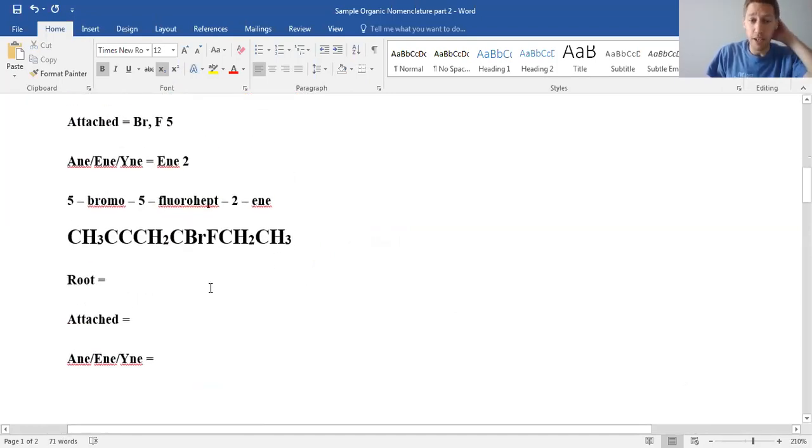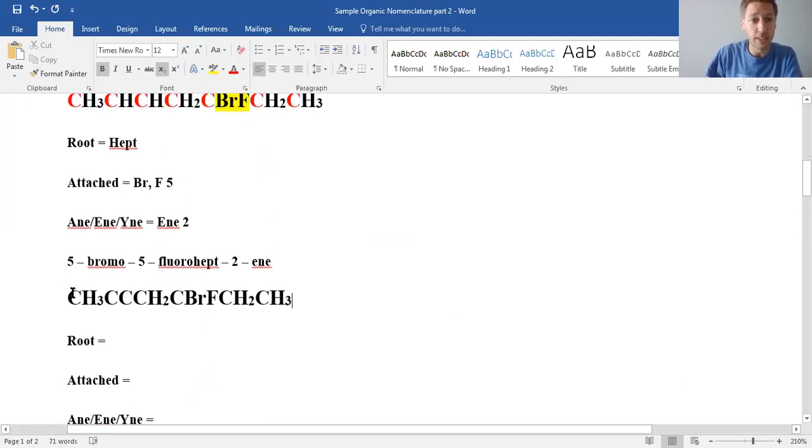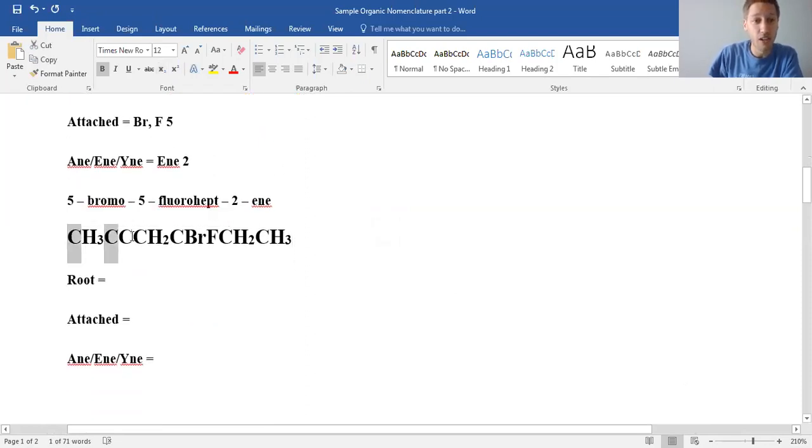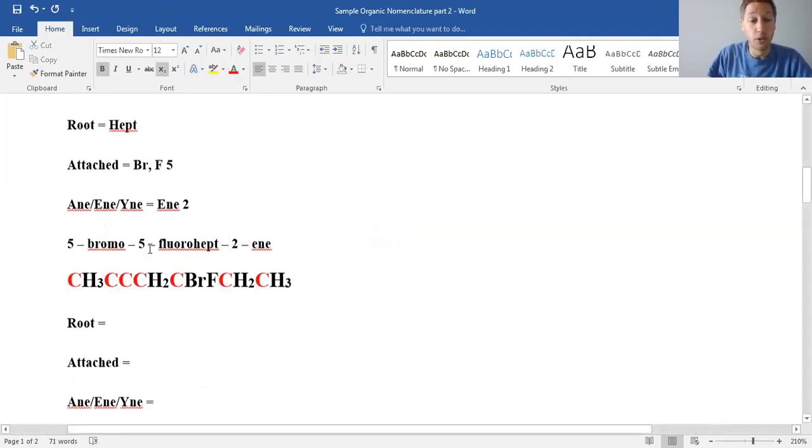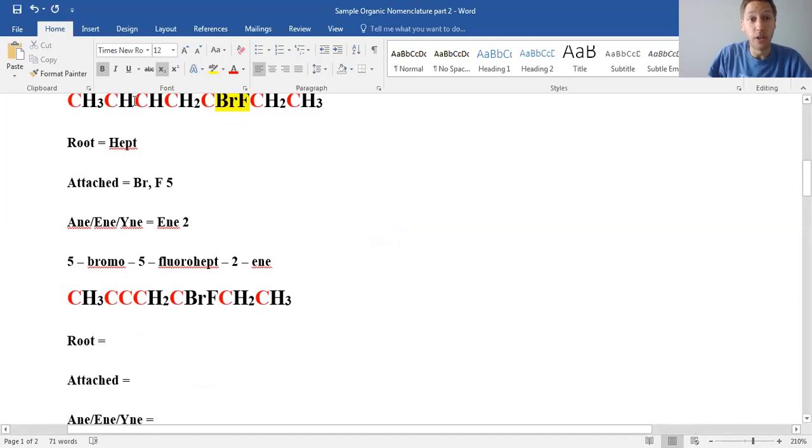Okay, next thing. So let's go and name the next one. This one looks like the last one. I just copied and pasted, but the only difference is that instead of having 1 hydrogen there, now we don't have any hydrogens at all. That means that this carbon here, in order to get 4 bonds, has 1 bond to this carbon, and then the rest of the bonds have to go to this carbon here,